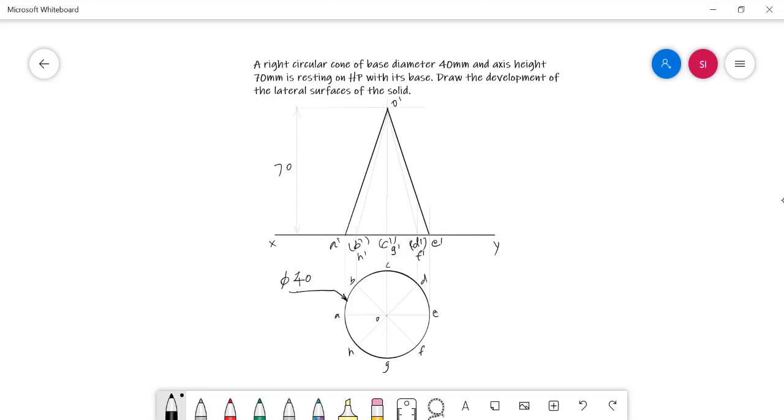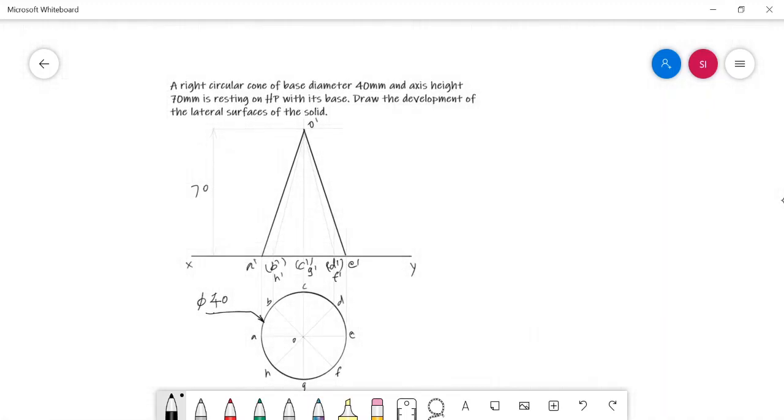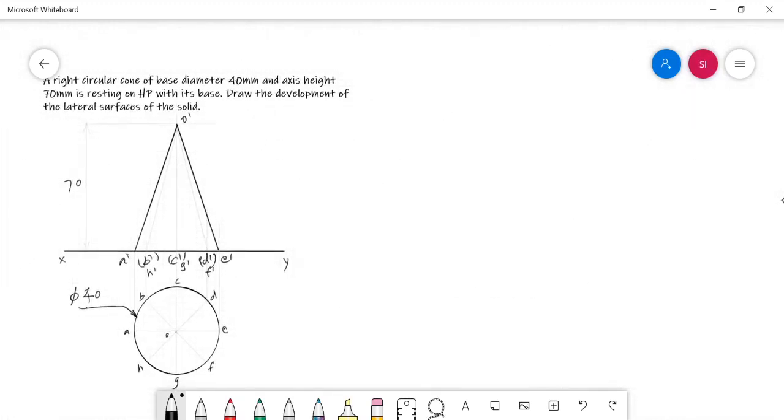Now I have just completed the front and top view of the solid, and now we can go for developing this cone. The development of the cone is simply a sector of a circle.